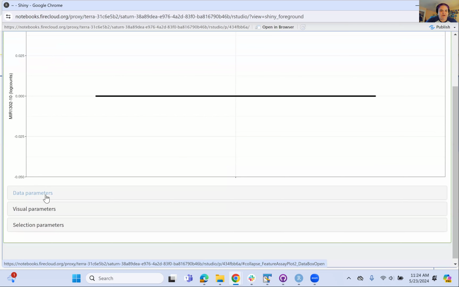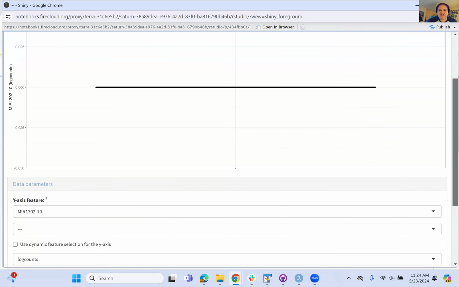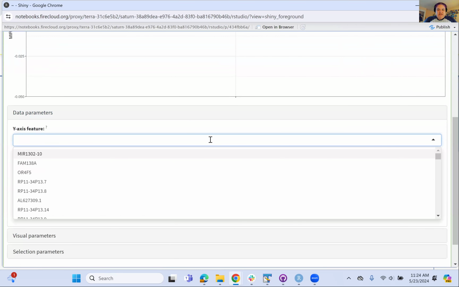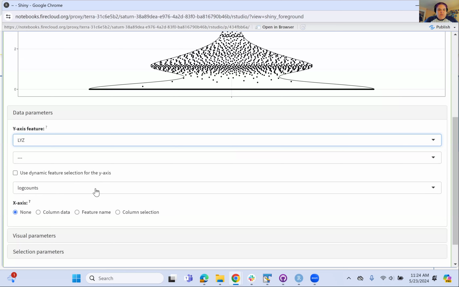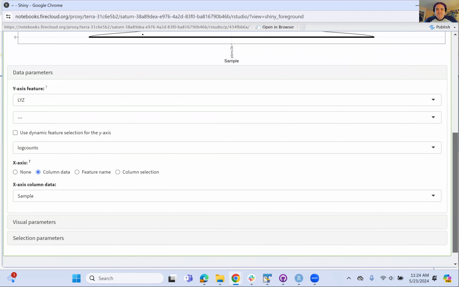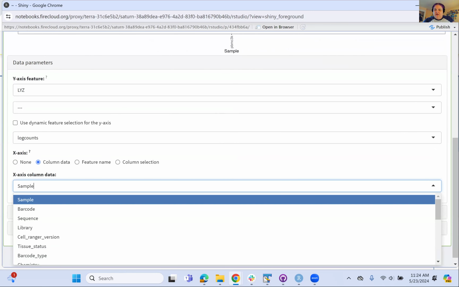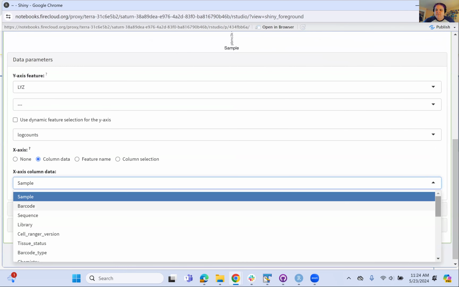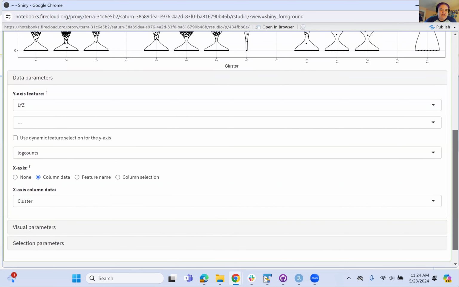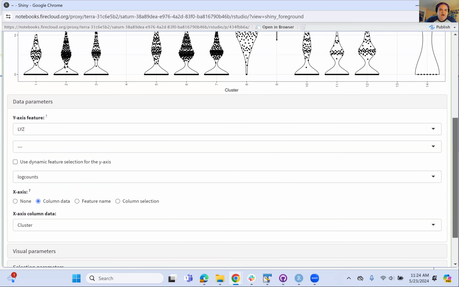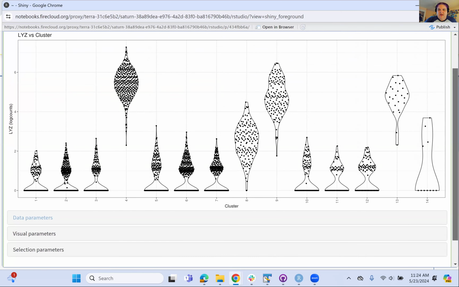So if you scroll down to data parameters, click on that, it's going to let us choose whichever gene we want. And in this case, I'm going to actually pick a gene that is a marker gene for classical monocytes. It's called LYZ or LYS. It's short for lysosome. And I'm going to use log counts as my y-axis. And for my x-axis, I'm curious to see if indeed this gene is more highly expressed in my classical monocytes. So for my x-axis, I'm going to put cluster again. Remember, cluster 4 is the one that was supposed to be classical monocytes. So we close that up, and now we've got a violin plot